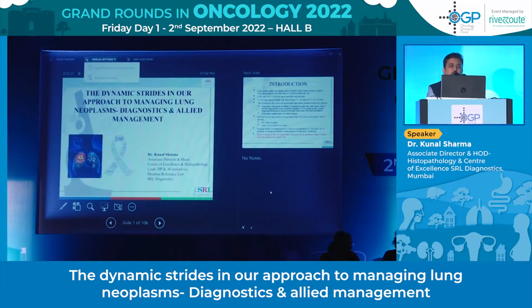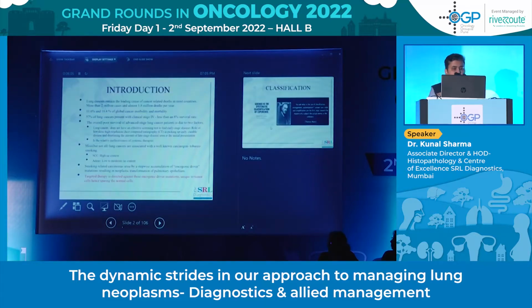I always like to speak on lung cancer because lung cancer stands out as a prototype of what molecular testing and biomarker testing can do to the paradigm of cancer. From survivals which ranged in a few months to a time when 5-year survival is not very uncommon to see in lung cancers. This is the era of targeted therapy and precision medicine. And as we move forward, I'm sure this is only going to stay and get better with time. So as we know, lung cancers remain the leading cause of cancer-related deaths in most countries.